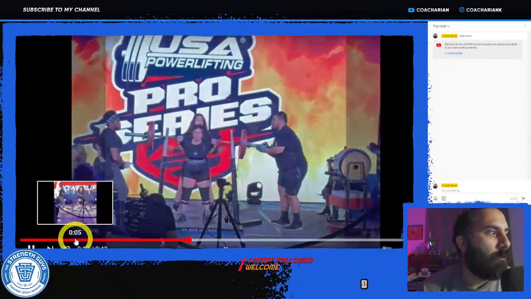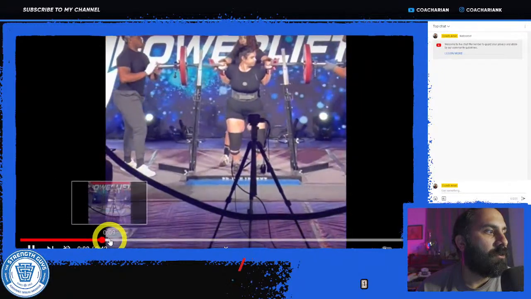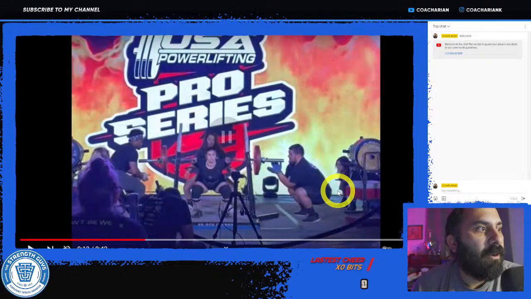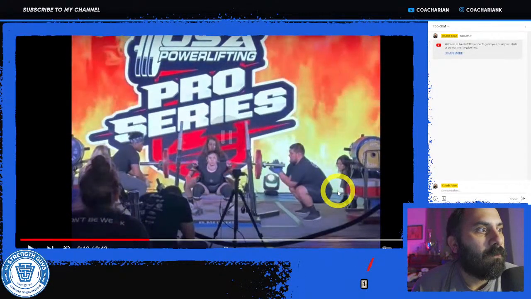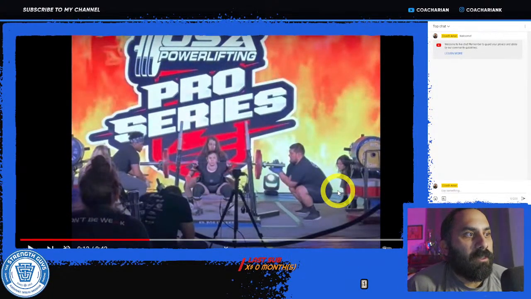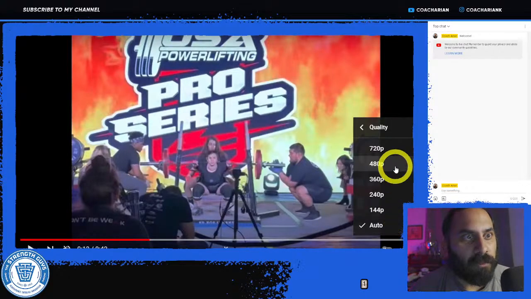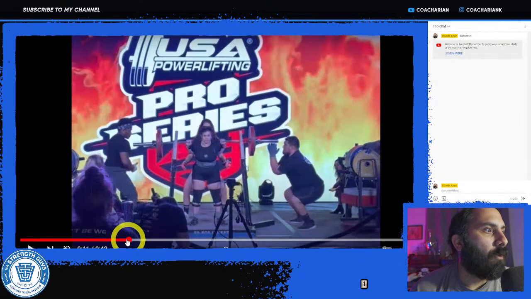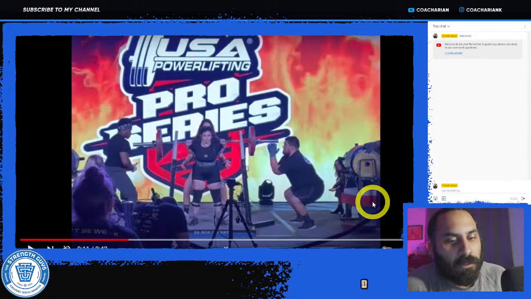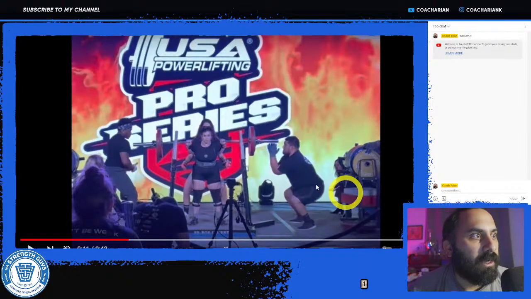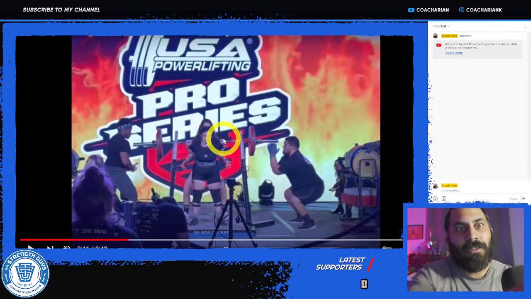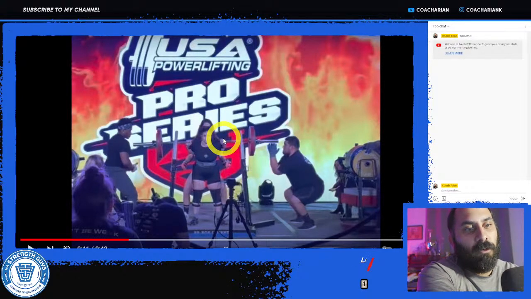That looks like a really good squat right there where she's struggling. Not a whole lot of form breakdown here as far as the descent. The top position looked good as far as what we can see from here. As far as the stance width and the grip width, you want to go as narrow as possible as feels comfortable for you. Get a nice tight upper back position where the bar is going to rest.